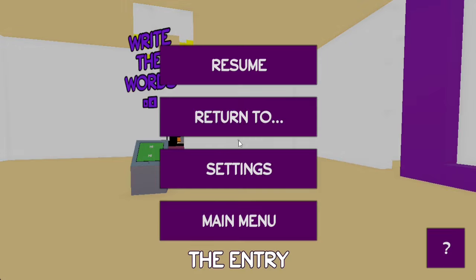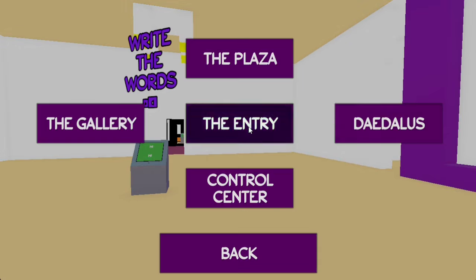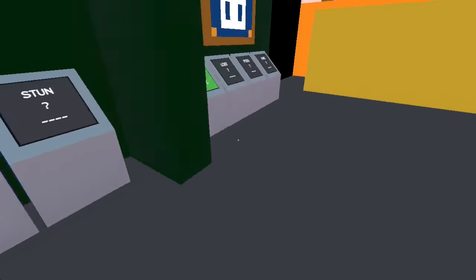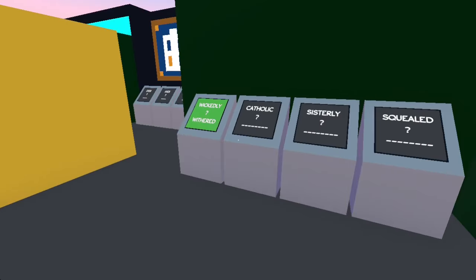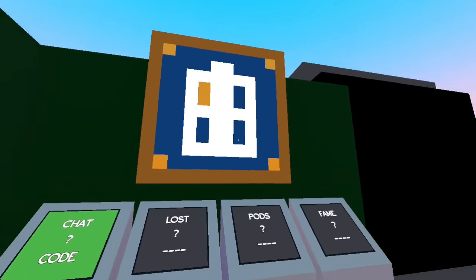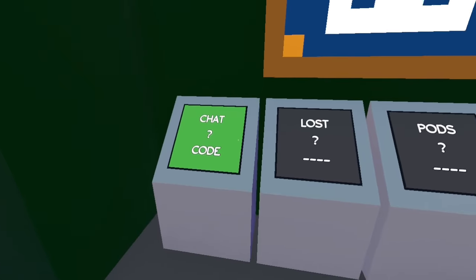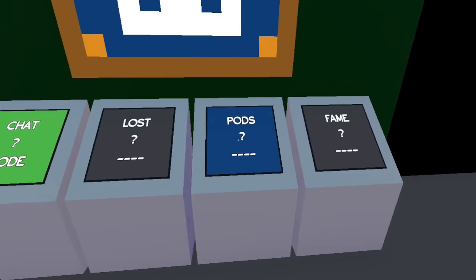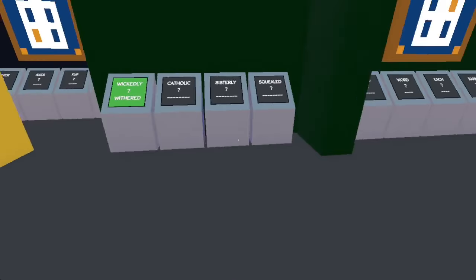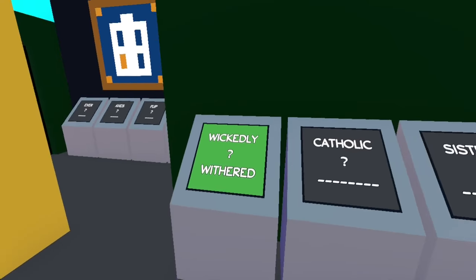I took a break, and it was useful, because then I came back with a fresh head and spent some time on my own trying to solve these puzzles, and I think I finally got it, because I solved this one and I solved this one. So, chat lost pods fame. I was looking at this, and I was like, what if I take the first letter of this word, the second letter of this word, the third letter of this word, and the fourth letter of this word, and I get code. And I came over here, and I was like,